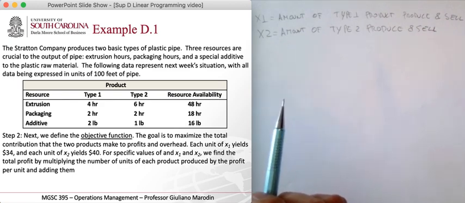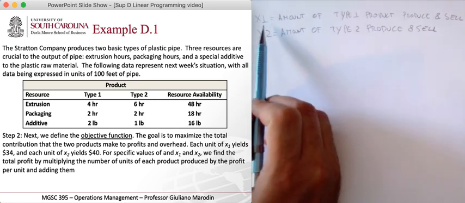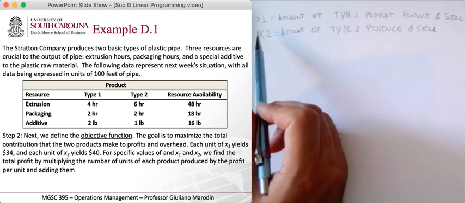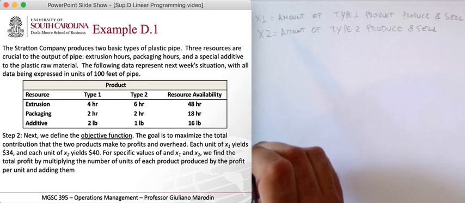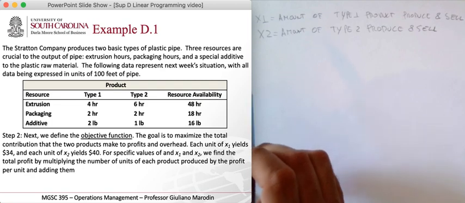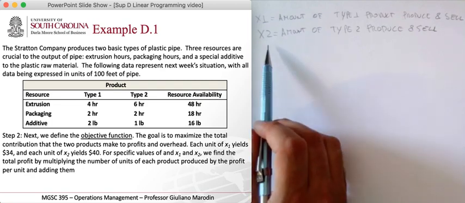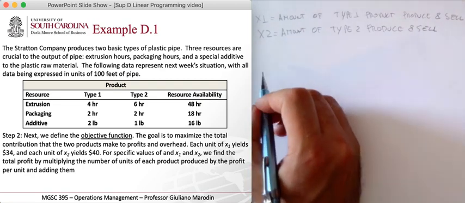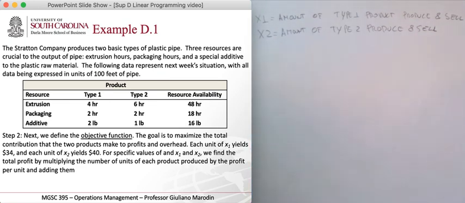Each unit of X1, which I know is type 1, yields $34. Each X2 yields $40 of profit. For every specific value of X1, we need to find the number to multiply by the profit per unit, right? So now we're going to write down the objective function